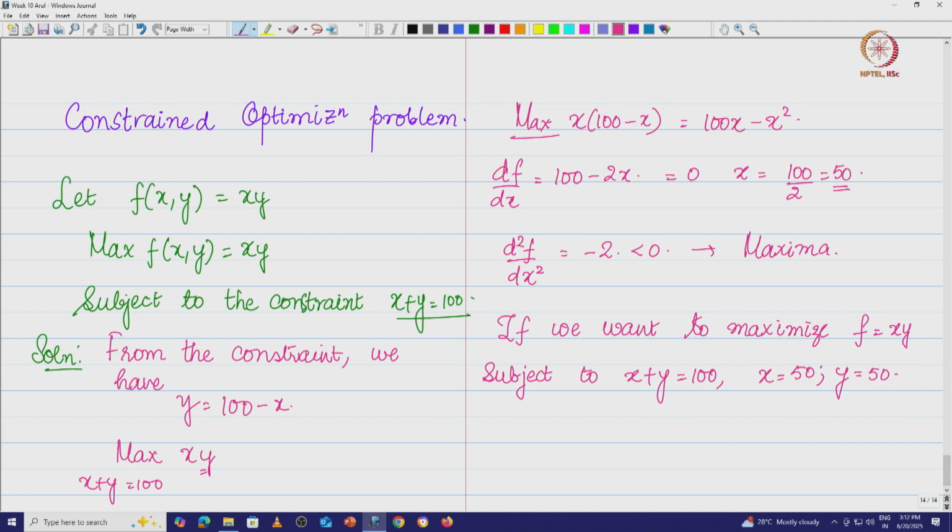Now, we want to go a step further. What is it that we want to do? We want to check, is there any other way to do this? Is there a way in which we can convert this constrained optimization problem to an unconstrained optimization problem, because that seems to be a bit simple? Is there a way to convert this constrained problem to an unconstrained problem and solve it? And if we are able to solve it, can we use the same idea for, let us say, multiple variables and so on, and that is what we are going to do in our next lecture.